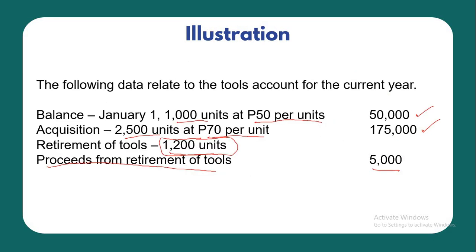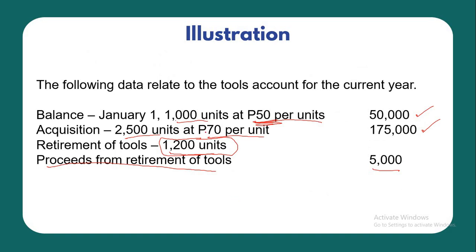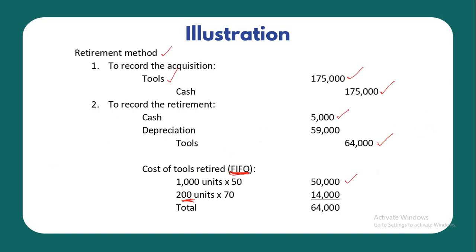So, the first 1,000 shall be measured at 50 per unit. So, that is 50,000. So, 1,200 units were retired, and what remains is 200. So, the 200 units will be valued on the next cost, based on the new acquisition at 70 per unit. So, the 200 units will be valued at 70. So, that is 14,000, for a total of